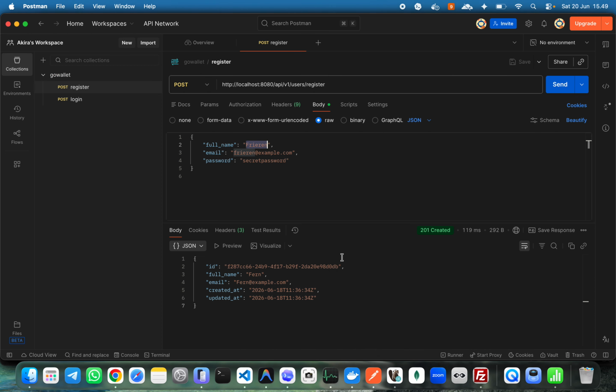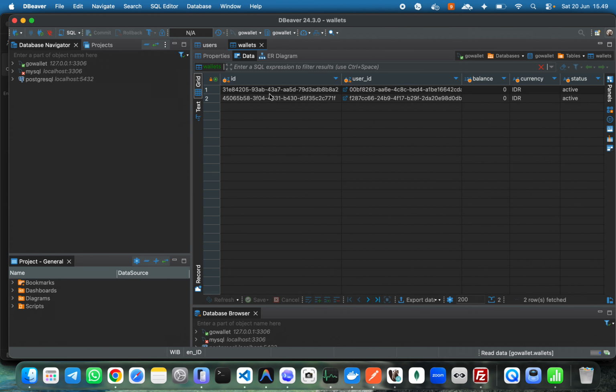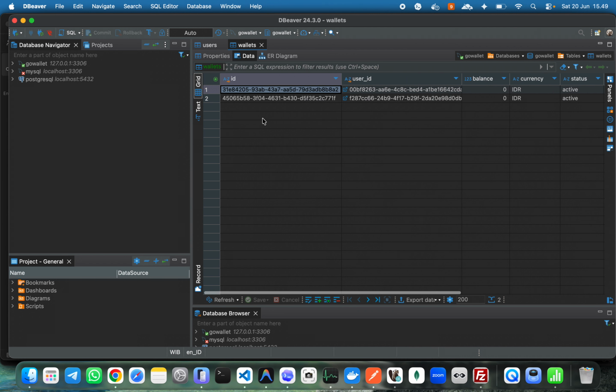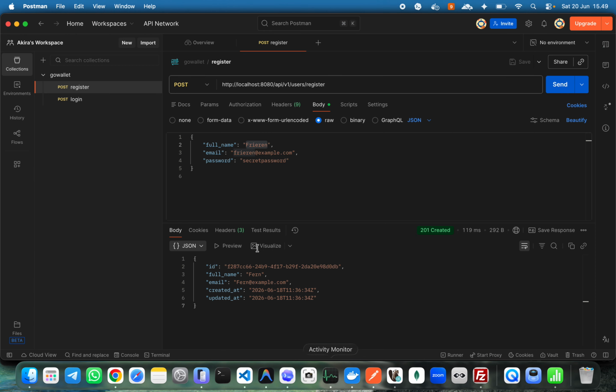and then we go to the postman, and then register user. We have already 2 users, right, if I'm not mistaken, which is Freeden and then Fern, and then test the transfer. Okay, test the transfer. So I want to create the user,